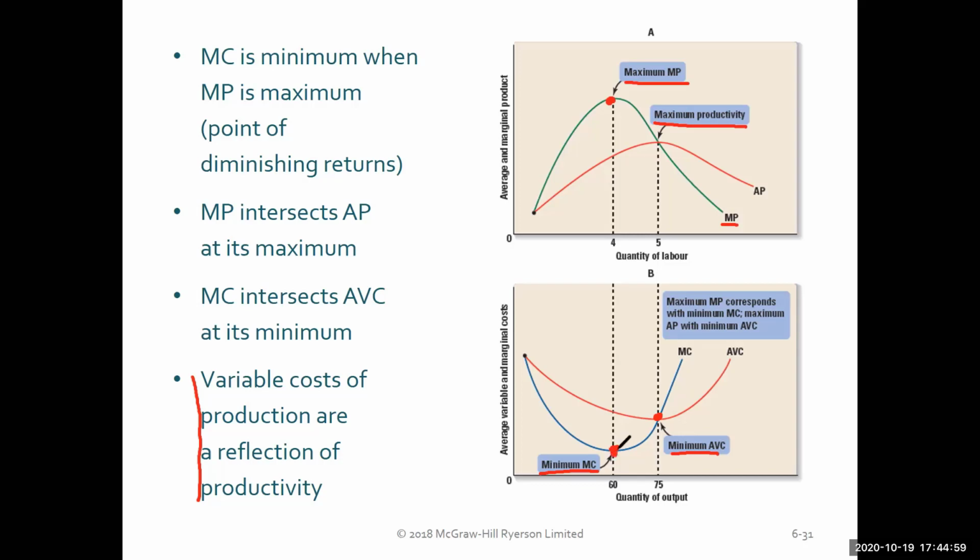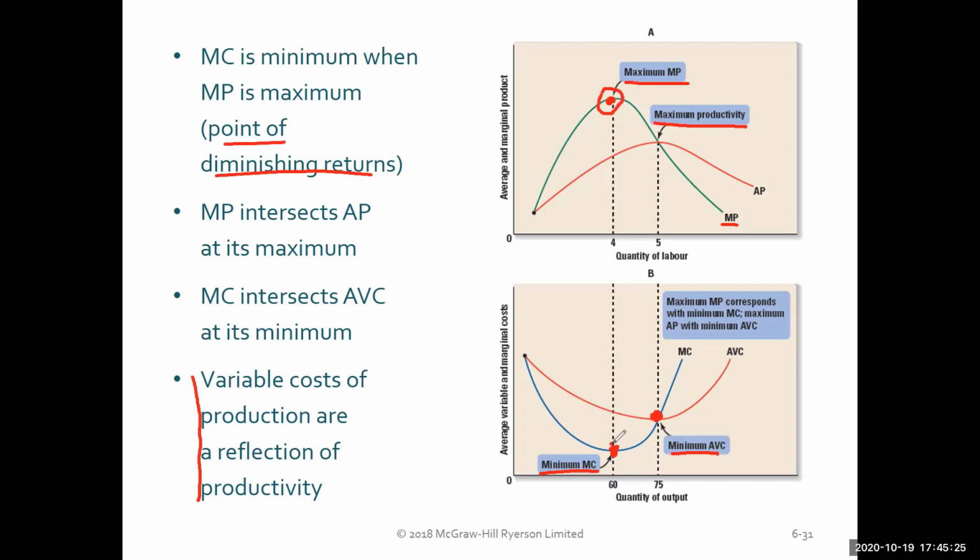Look at that carefully and understand that. And if you want to find maximum productivity of this production process, you just find the minimum of average variable cost. So then they summarize it over on the left, kind of nice. Marginal cost is minimum when marginal product is maximum, and that's the point of diminishing returns, just like what we said right here